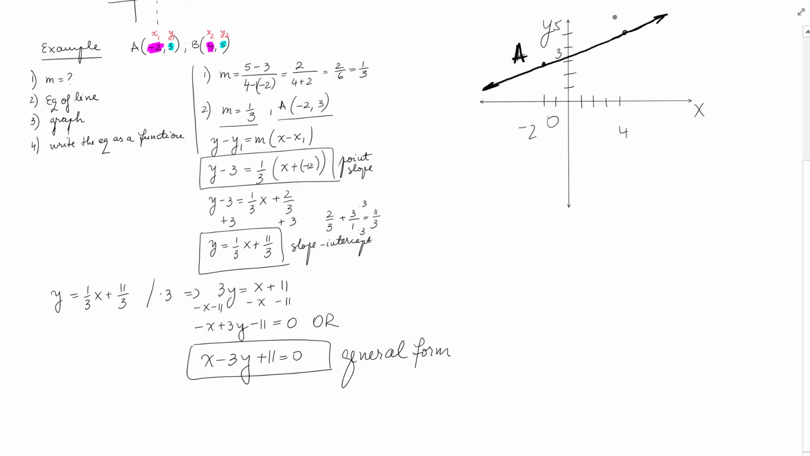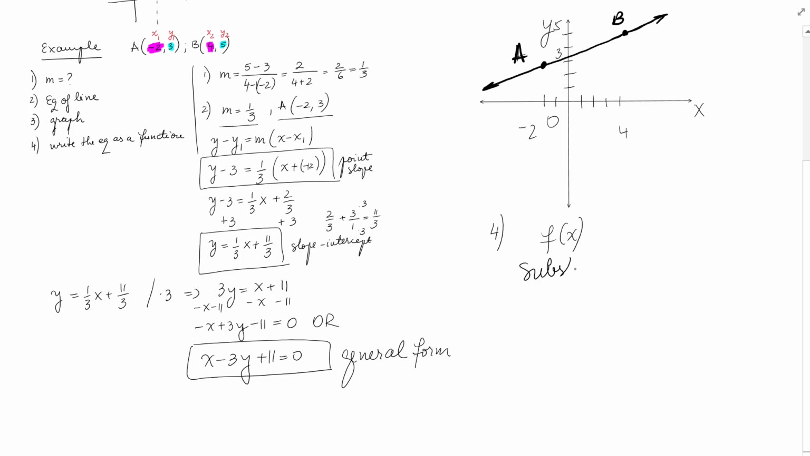A and B. So, we have graphed it, and part 4 says write the equation of a function. So we know that the function notation is f of x, and we would want to actually